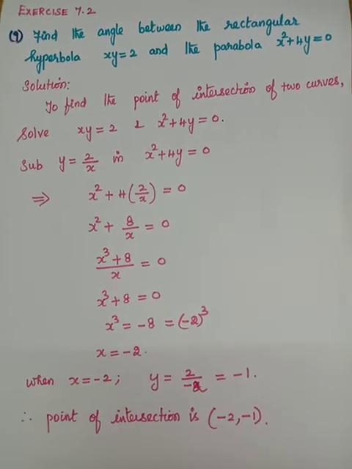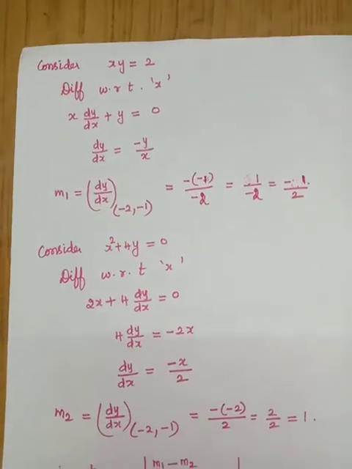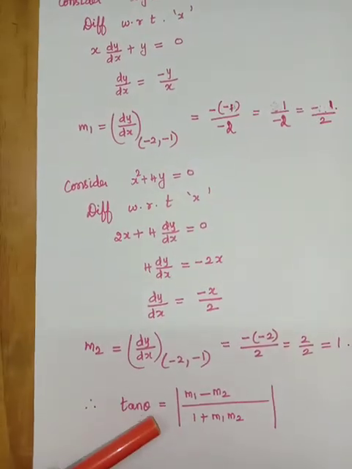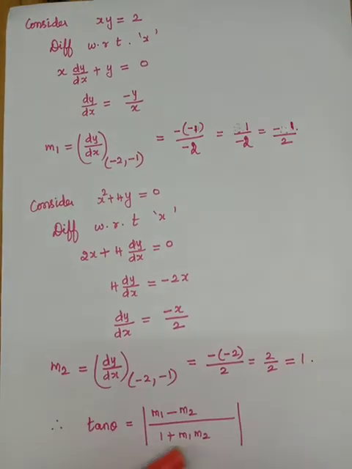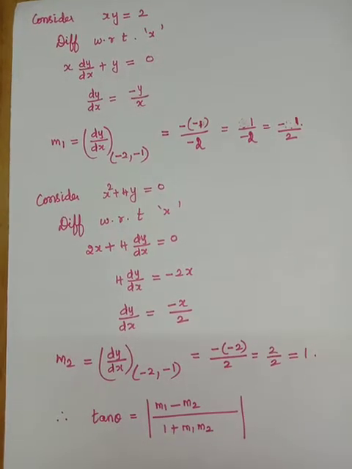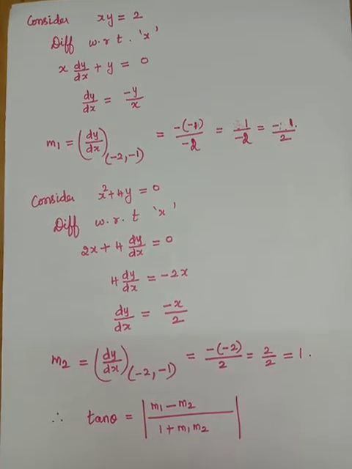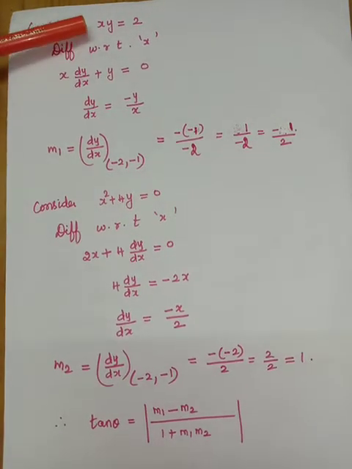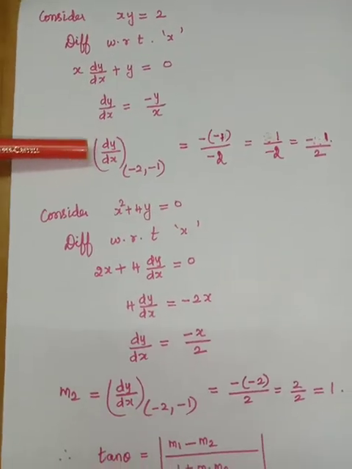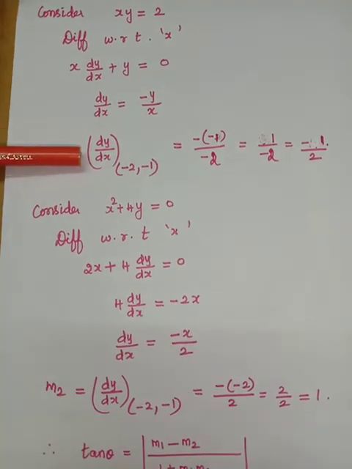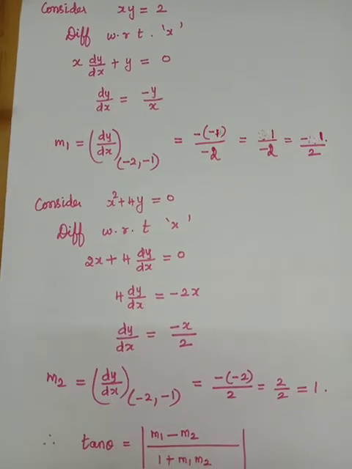Now what is asked? Angle between the two curves. Which formula has to be used? Tan theta is equal to, you see the formula I have written at the last. Tan theta is equal to modulus of m1 minus m2 divided by 1 plus m1 m2. What is m1? Slope of the first tangent line. So how to find the slope of the tangent line? The first tangent line has to be found from the first curve. So what you have to do? You have to differentiate this curve and you have to find dy by dx. At the point of intersection, you have to find the derivative. That is the slope of the tangent line. So how to find m1?